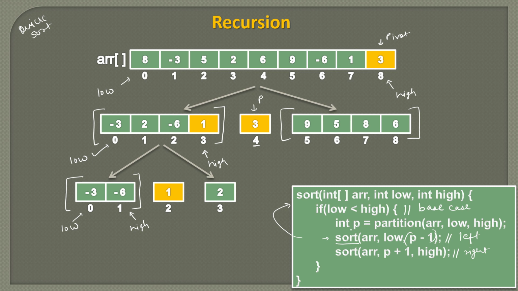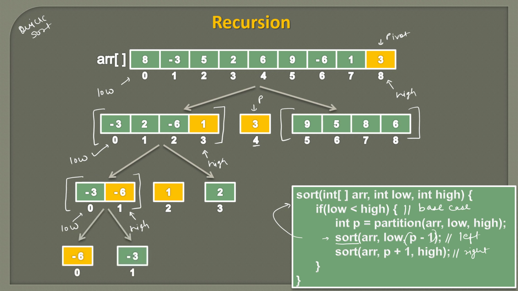Low is less than high. So it means we have 2 elements. So we can again do the partitioning of the array from low to high. In the partition method, we will take the last element as our pivot. And now we will partition the array in such a way that all the elements lesser than minus 6 go on the left side and all the elements greater than minus 6 go on the right side. So this partition method will reorder only these 2 elements, because we are providing the ranges and it will touch the array within these ranges only.